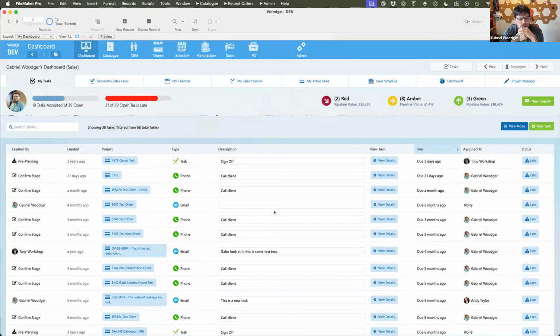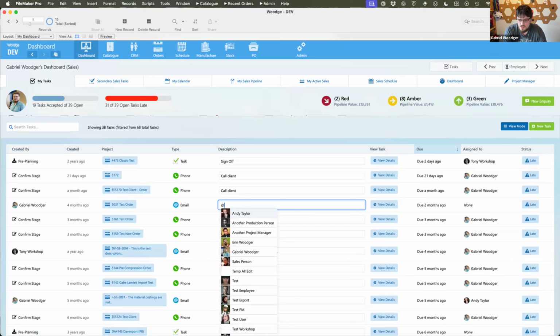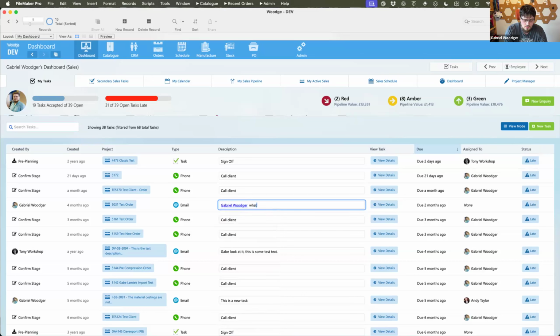And they sort of said, oh, well, can your system do that? And I was like, well, I don't think so. And I had a thought about it, and I thought, well, I'm sure there is a way to do that. There's a JavaScript library called Tribute, I think it's called, in here, and you can just type an @ symbol in here, and then start typing someone's name, pick it from here and say, what's happening with this?